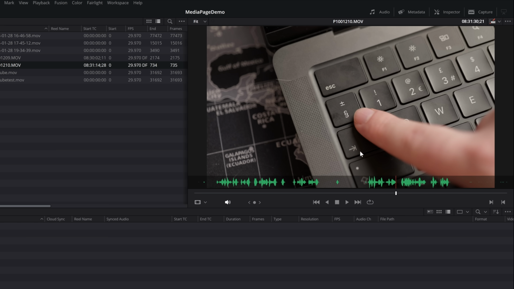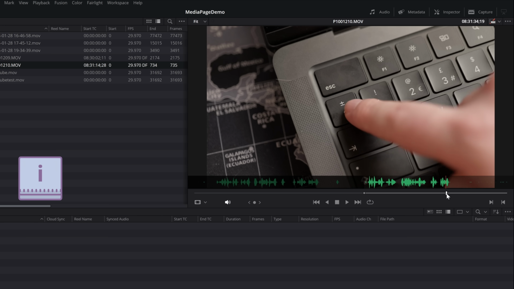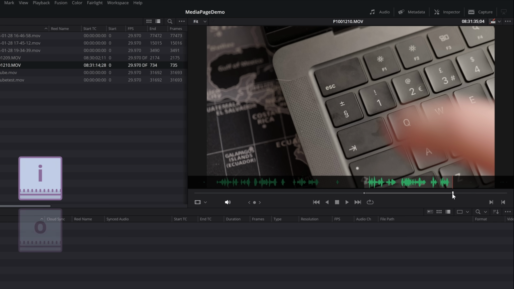Now you can also create something called subclips. So in this example, there were 2 clear takes, as we can see from the waveforms. I only actually want this second bit. So what we can do, put our playhead where we want it, hit I on our keyboard to mark an in, go to the end here, O on our keyboard to mark an out, and then if we click the